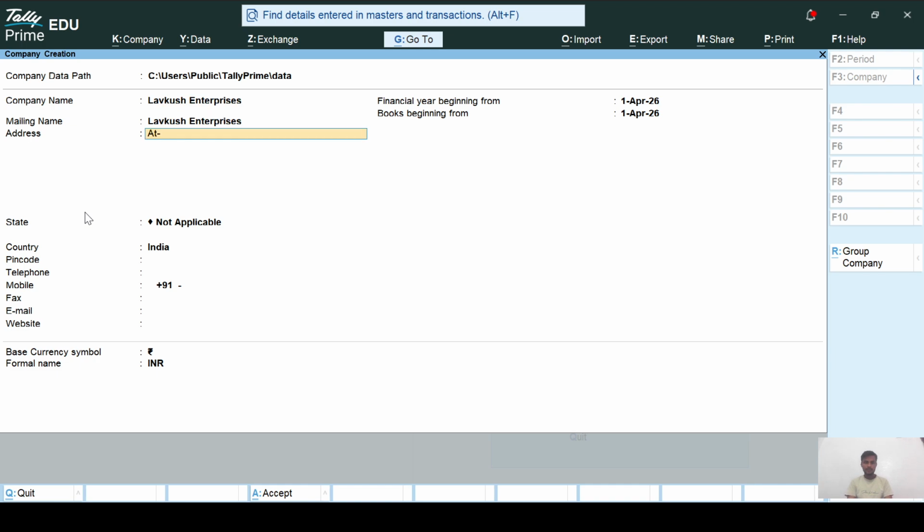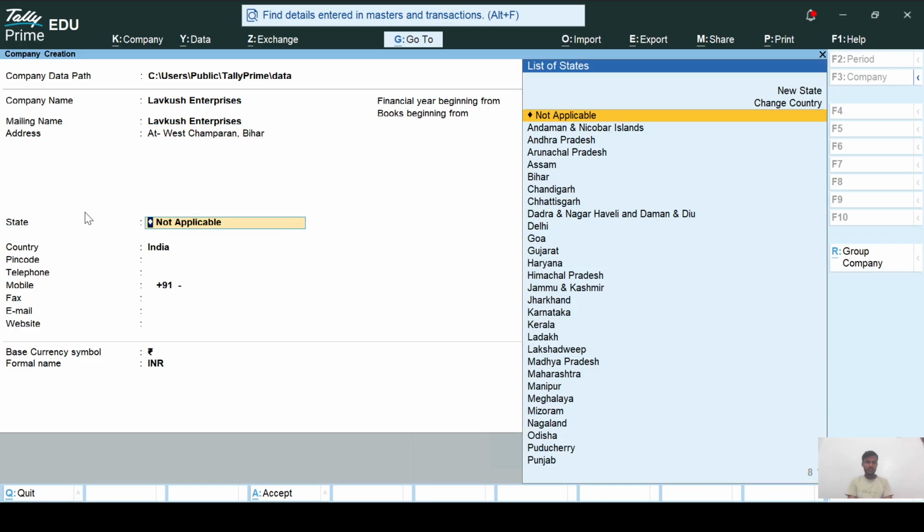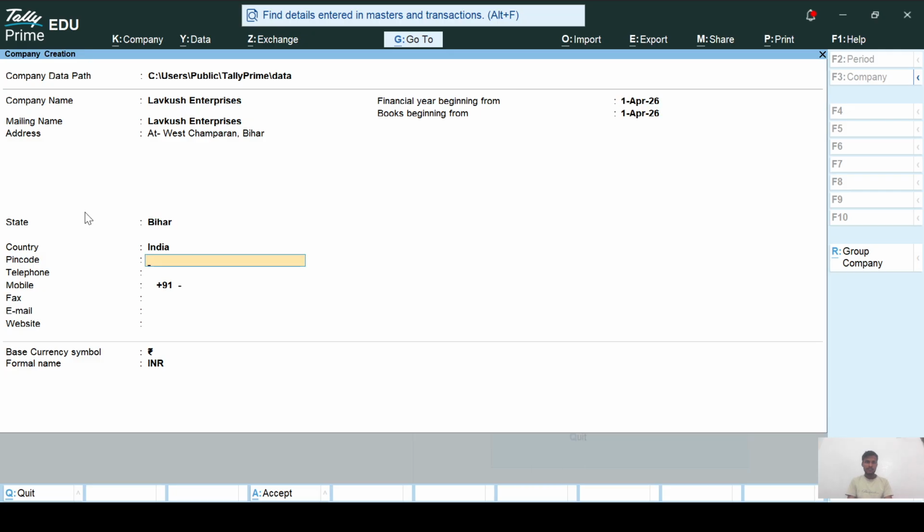Address is West Champaran, Bihar. State is Bihar, and pin code is 845449. Telephone number is 76588075251, and mobile number is 9507854. Email address is Lokush Kumar 6543@gmail.com,